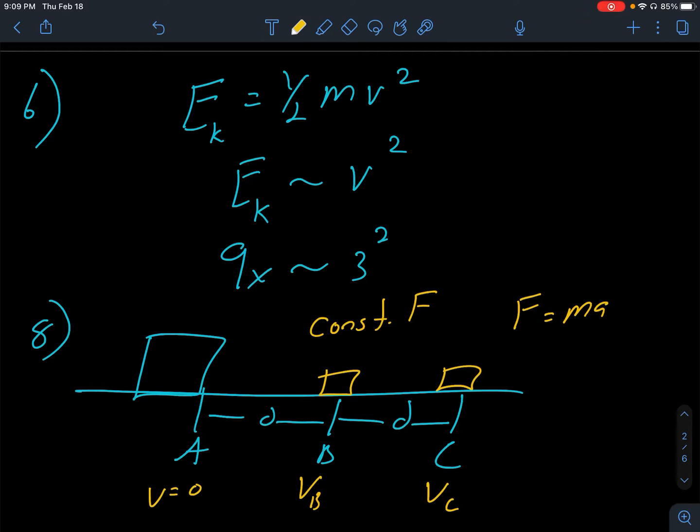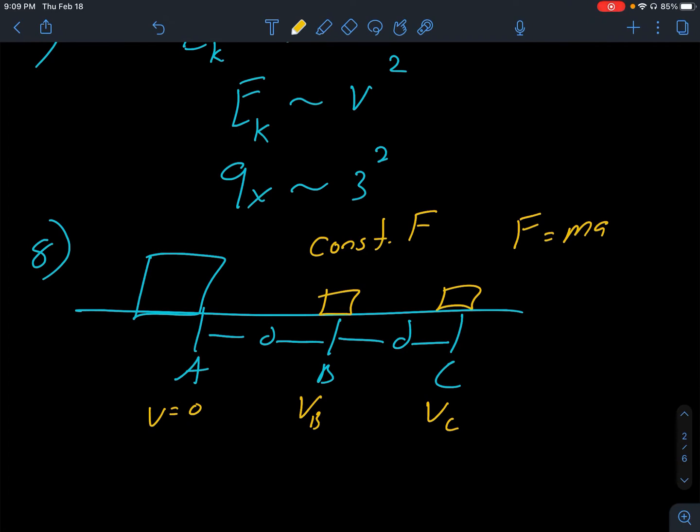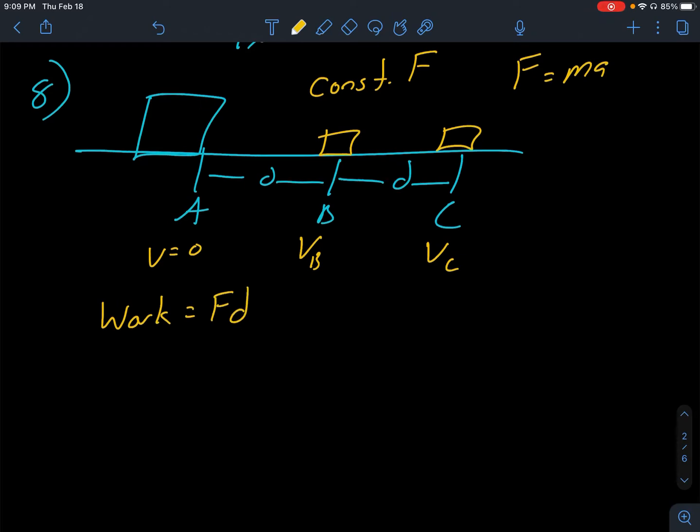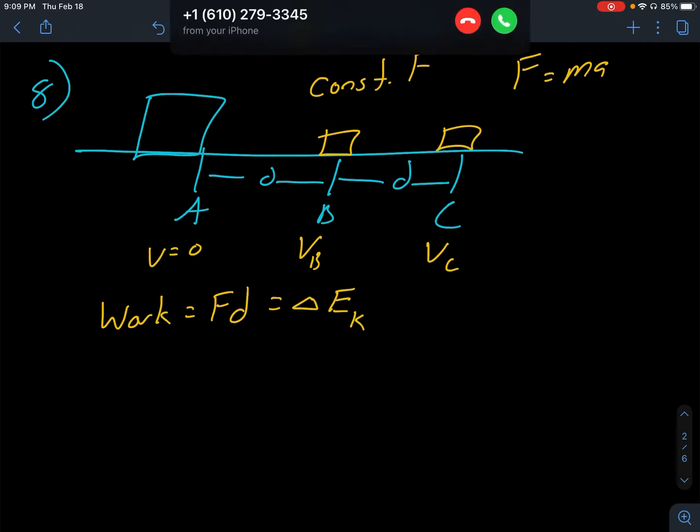So at A, we're not moving. At B, we're going some speed, and at C, we're going to go some other speed. But is it twice as fast? Meaning, are we going twice as fast at C as compared to B? So bear with me here. So some concepts here. Work we know is force times distance. We know work is also equal to the change in energy something has. And the energy we're talking about, in this case, is kinetic energy. Well, then how is kinetic energy related